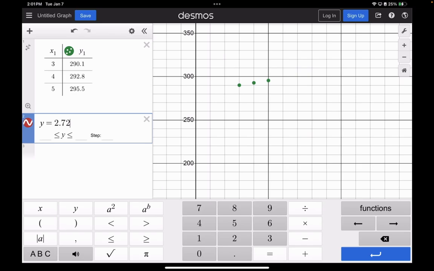So how should I type it into Desmos? Well, wouldn't t just be like 3? So it'd be 2.72. Y is y. My model says y equals something, so I'm going to use y for y. In Desmos, y is the same as y, it doesn't change. But t doesn't exist. What am I going to do? If you did 2.72x, and then plus 282.9,